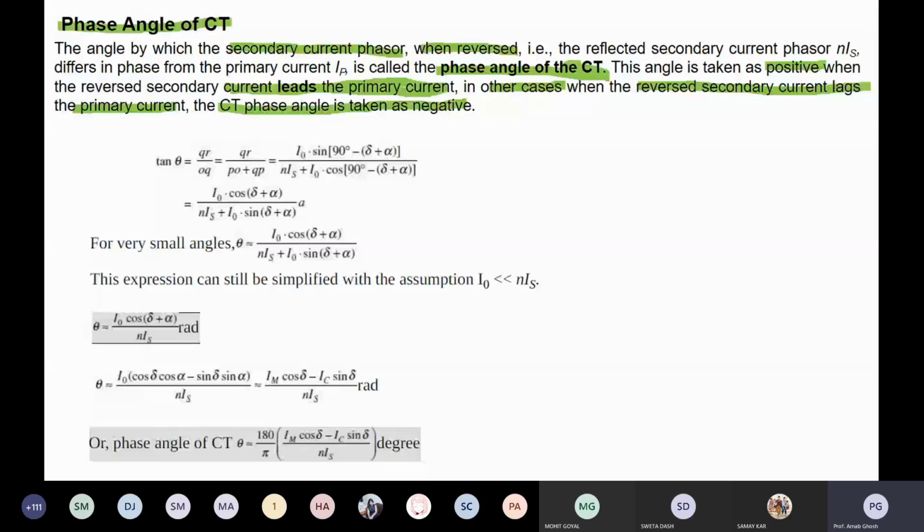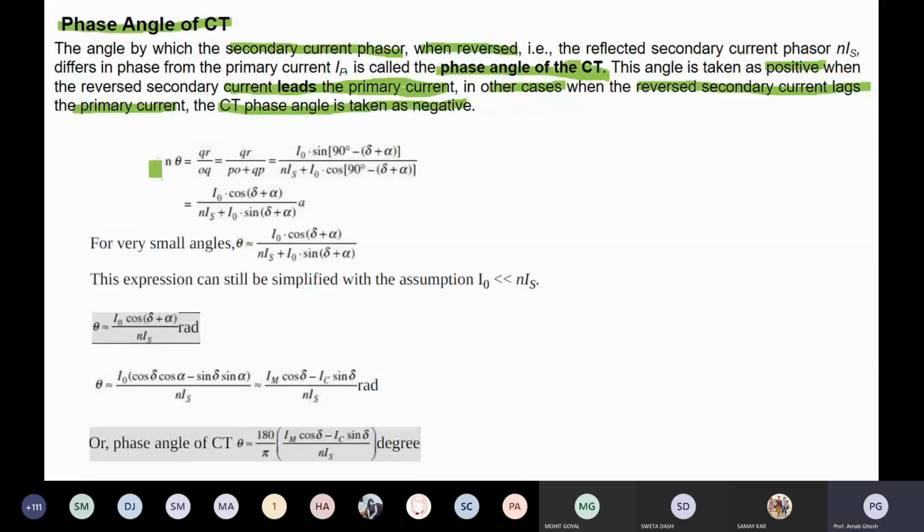So the last 5 years' questions from the previous year mid semester question papers and previous year end semester question papers, all the problems up to instrument transformer, you have to solve and submit. It is your homework, which means you should do it in your classwork copy. It's your assignment. For the leading power factor load, what will be your CT primary current, and for the unity power factor load, what will be the CT primary current? That you have to calculate in your homework.